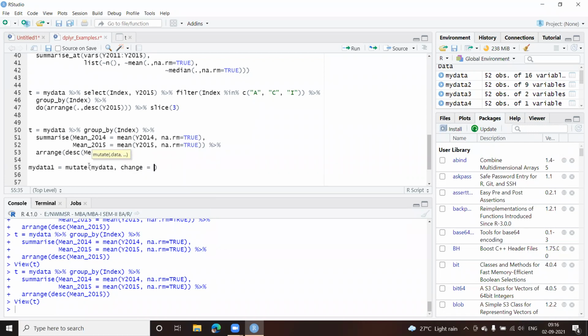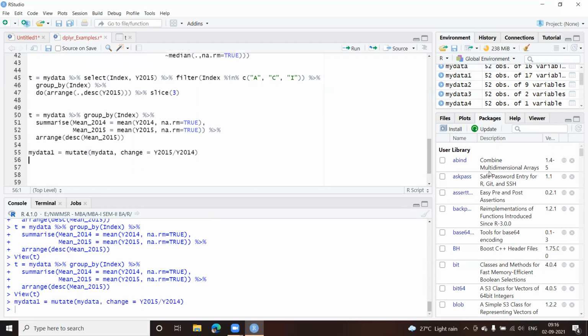Okay, and some calculation has to be given here. Now, in my case, I'll be giving 2015 divided by 2014. That'll give me the change between the 2 years. From 2014, what was the change in 2015? So this is by 2014. Okay, so it will perform some calculations and add this column to my data frame.